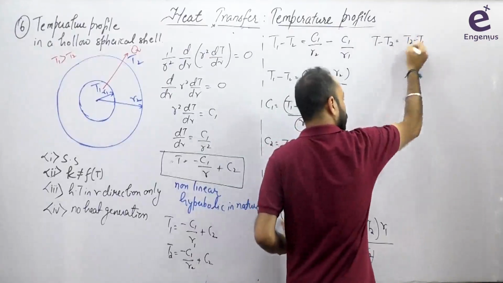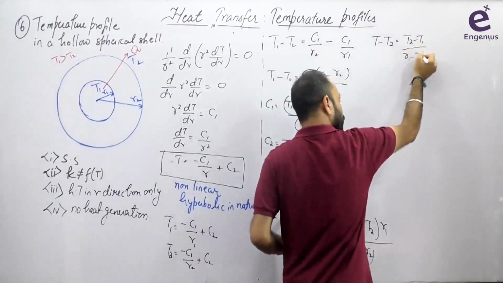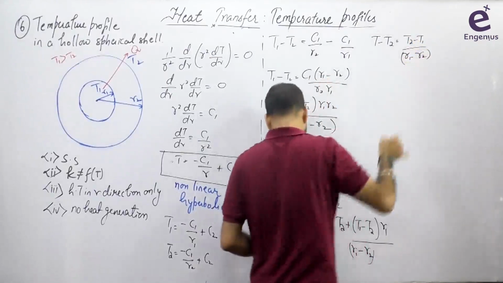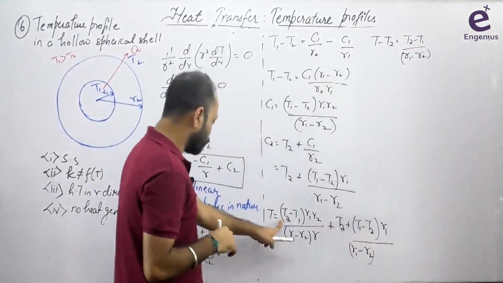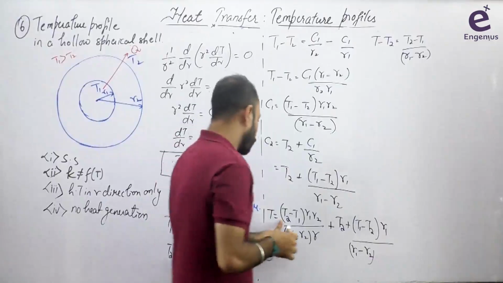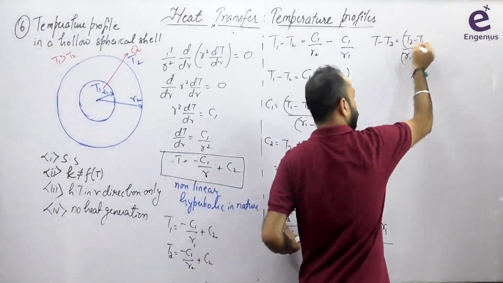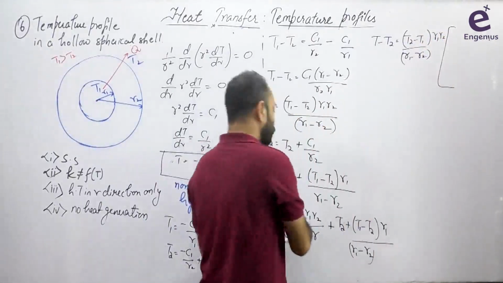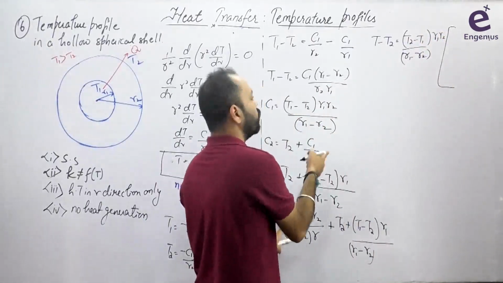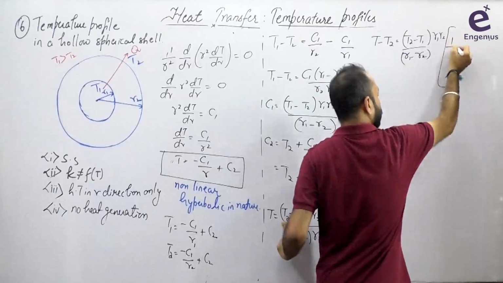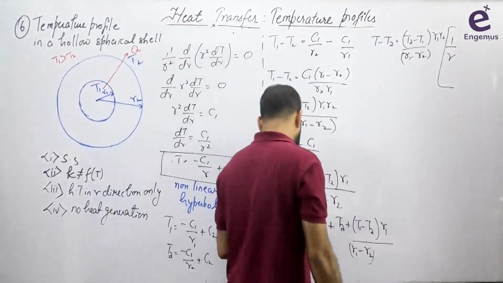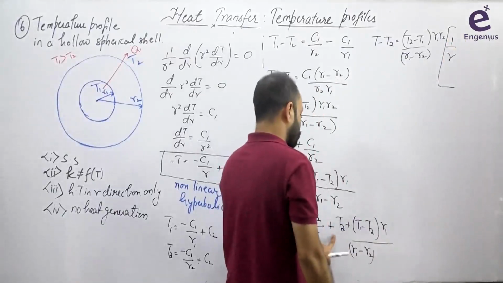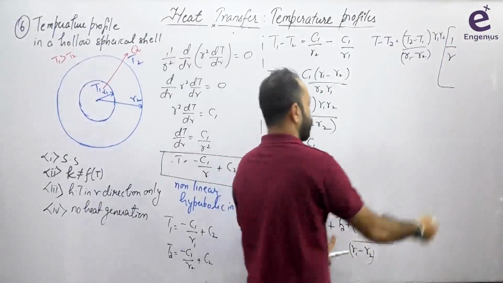T2 minus T1 can be taken out. Various ways of writing the same equation are possible. Let's also take R1 R2 common and see what is remaining: (T2 minus T1) by (R1 minus R2) into R1 R2. So what is left? 1 by R, correct? Plus this is T1 minus T2, so I can write minus